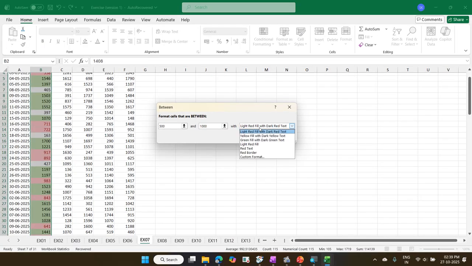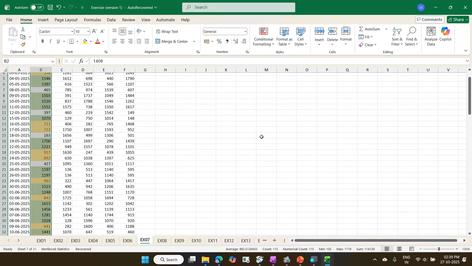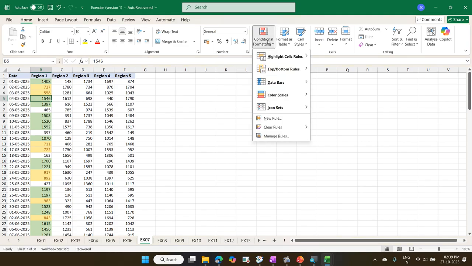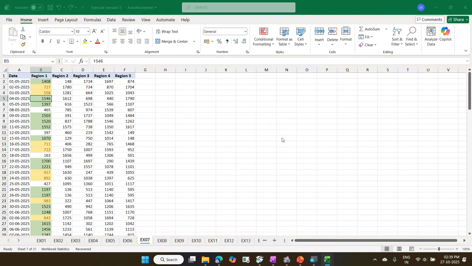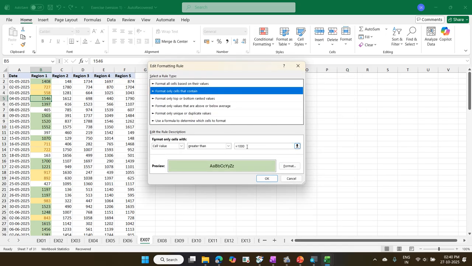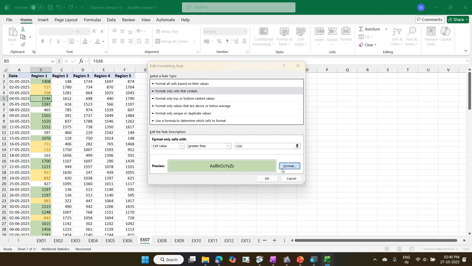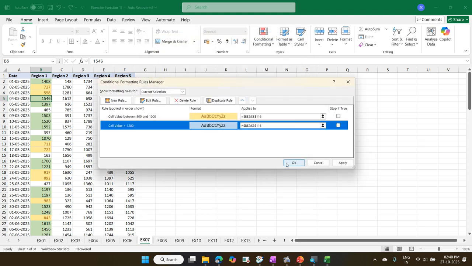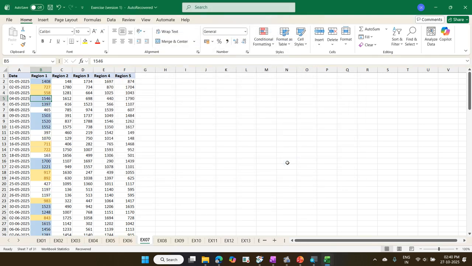Say okay. Now I want to modify the conditional formatting. Place the cursor somewhere else. That's fair enough. Conditional formatting, manage rules. Select the rules, edit rules. Instead of 1000, let us make it as 1200. Format. Go to fill. I will fill it with some color, blue color. Wherever it's more than 1200, we are getting a